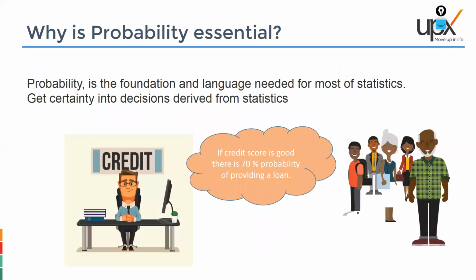Why is probability so essential? Probability is the foundation and the language needed for most of the statistics, right? That's why we're spending so much time understanding probability. It will incorporate certainty into decisions derived from statistics. Your big decisions, your credit score, your loans, they get approved based on probability. If they look at your historical data, if the credit score is good, then there is 70% probability of you getting a loan, right? Probability is everywhere. Probability is ruling the roost, as they call it, when it comes to machine learning,